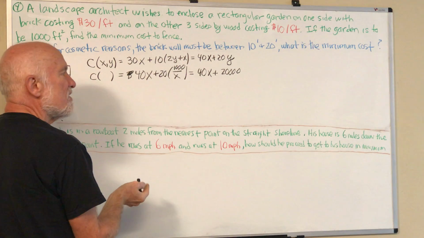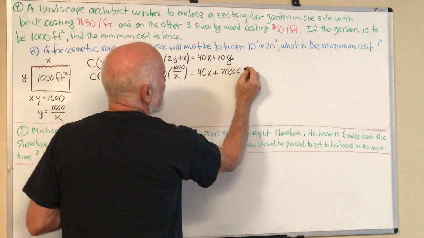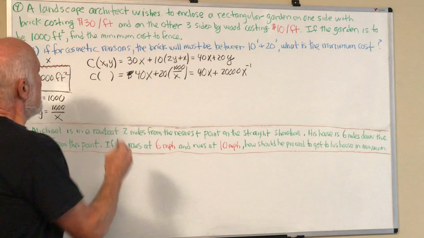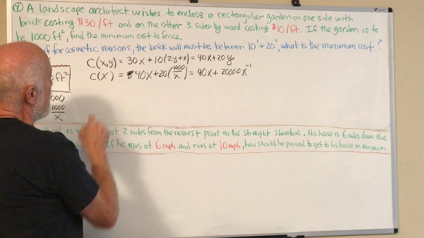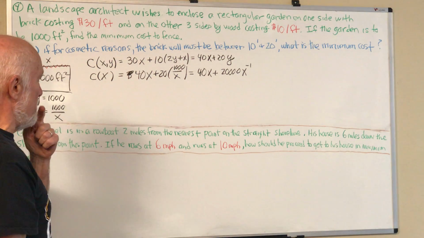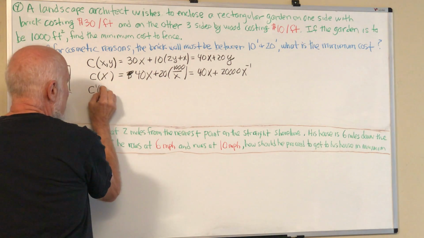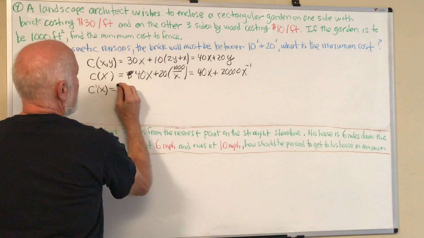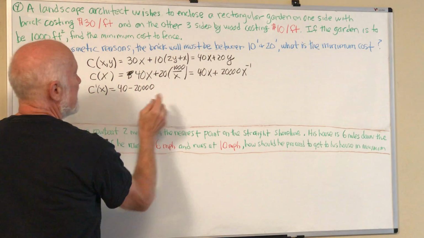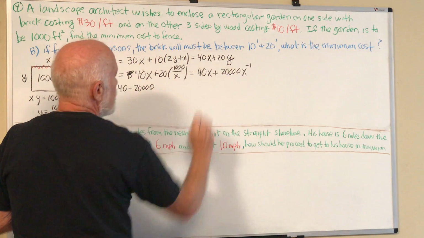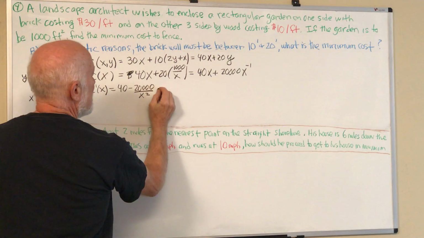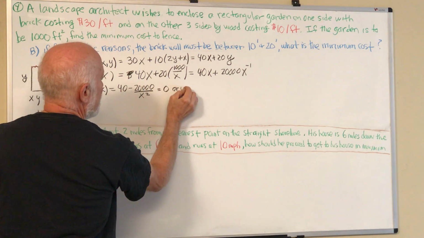20,000 over X. Well, we're going to have to take a derivative of it, so maybe we'll call it X to the negative first power. Now it's just a function of one independent variable X, and C is the dependent variable. So we're going to take a derivative like we always do, and we get 40 minus 20,000 X to the negative 2. So I can make that over X squared, and I want to see where that's 0 or undefined, looking for